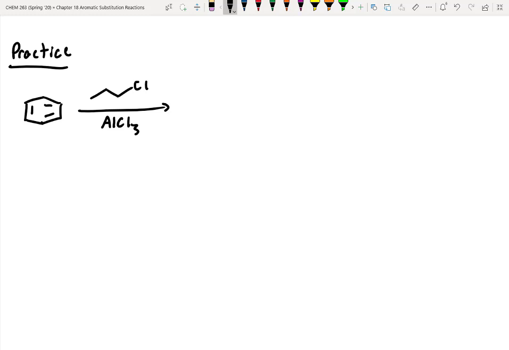Well, a lot of students will just really quickly say, well, this whole group is going to get installed on the aromatic ring. So wouldn't our product just look like that? Well, the answer is not really. Actually, if you do this reaction, you only get about 35% of that product. The reality is this could quickly rearrange, because if this whole group were to fall off, right, we'd have a